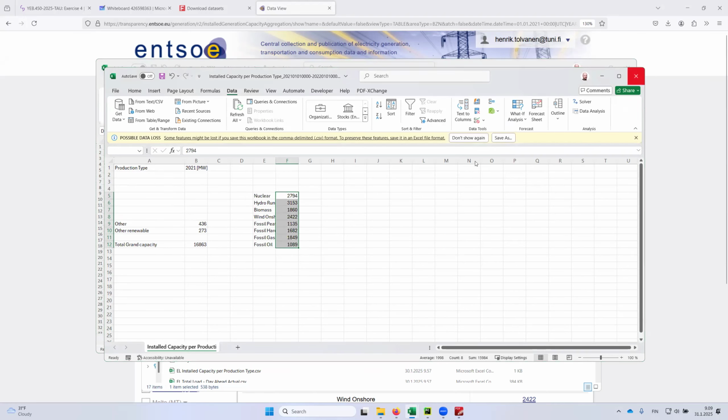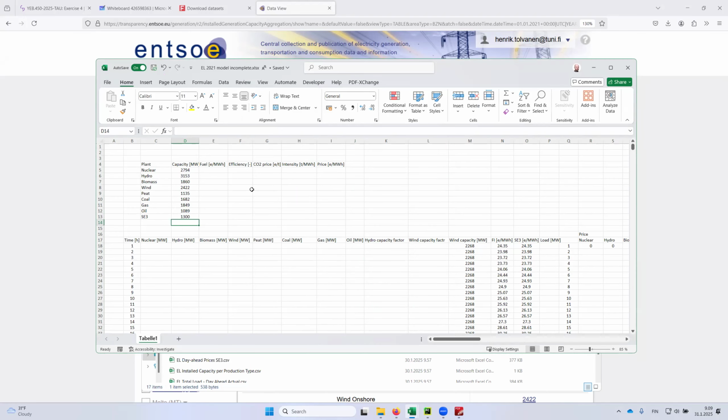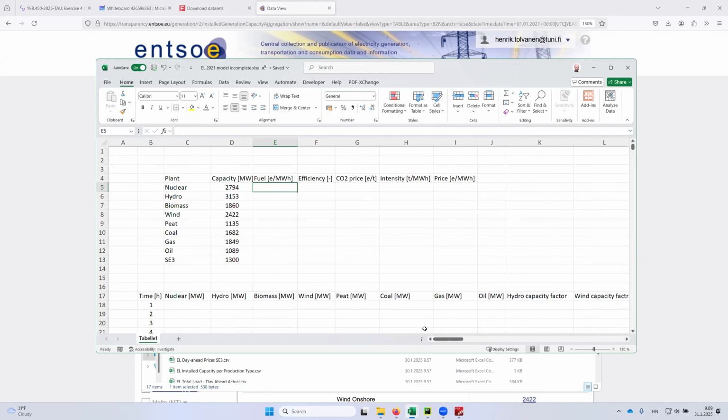So then comes the tricky part where you have to estimate the fuel prices. I'm just going to give approximate values in here. So this is the principle in which you would calculate these. You want to give nuclear, for example, the fuel price in euros per megawatt hour. Hydro is going to be really close to zero, so 0.01. And biomass, maybe we're going to give it 6. Wind is going to be 0.1. So I'm giving these values so the Excel file can use these in the merit order